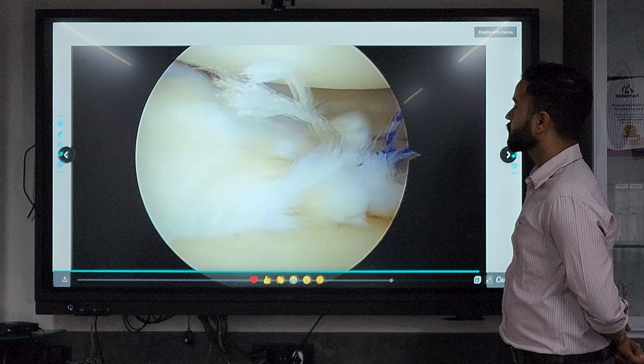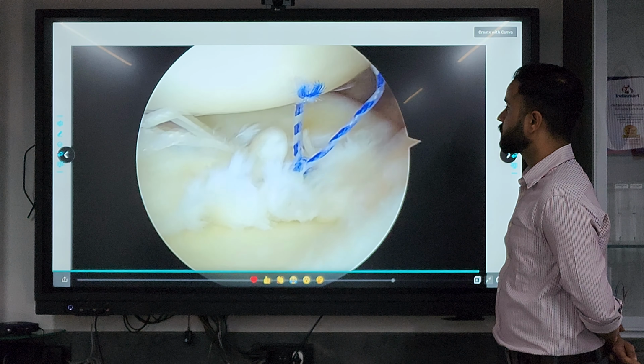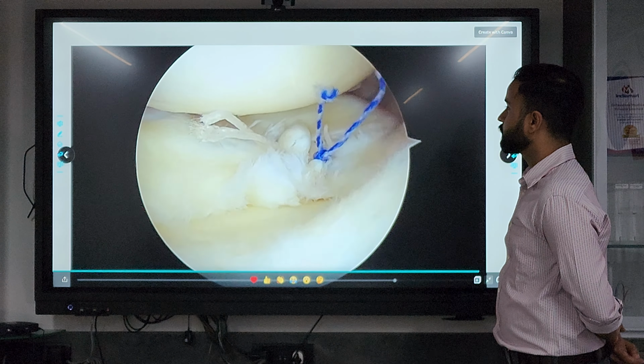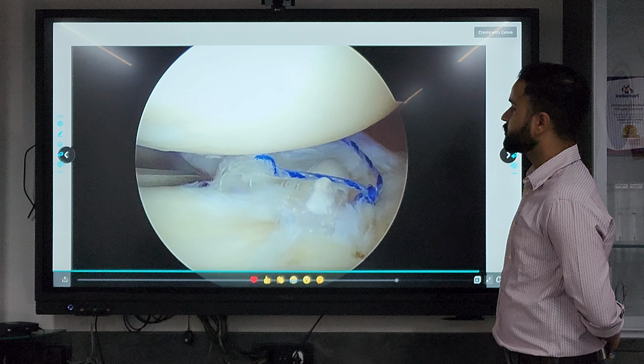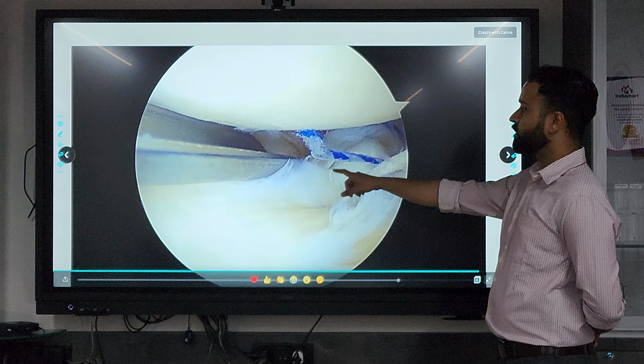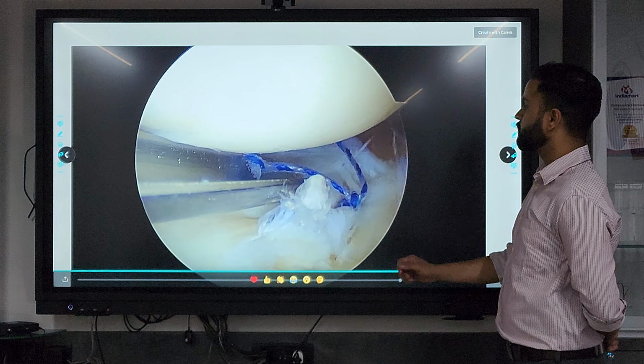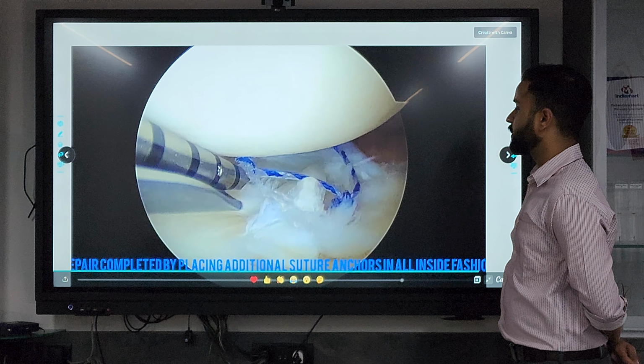The sutures. Finally, we are just going to place 2 more all inside suture anchors to complete the repair.